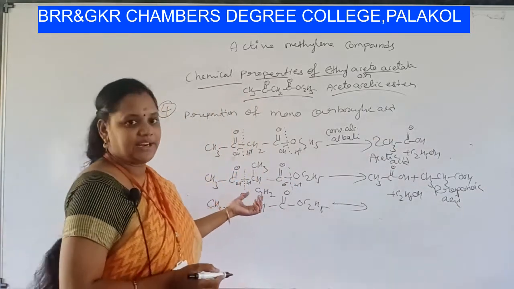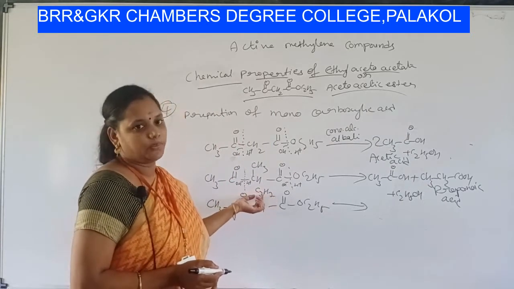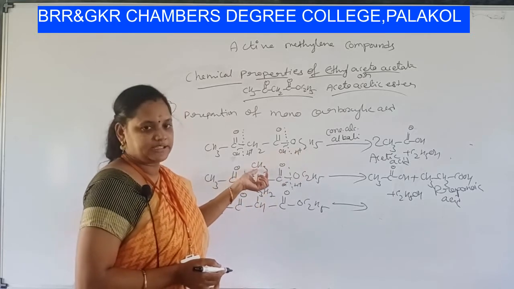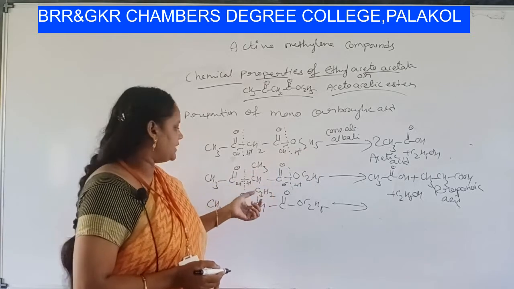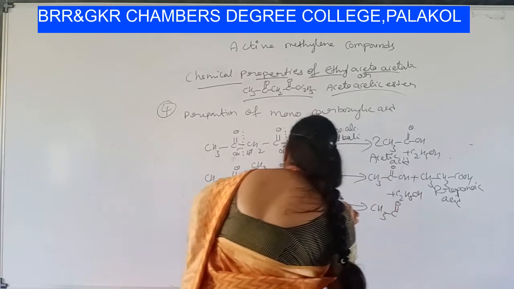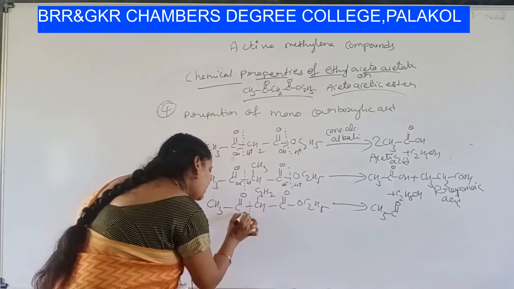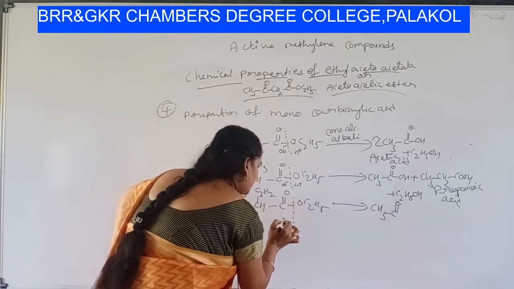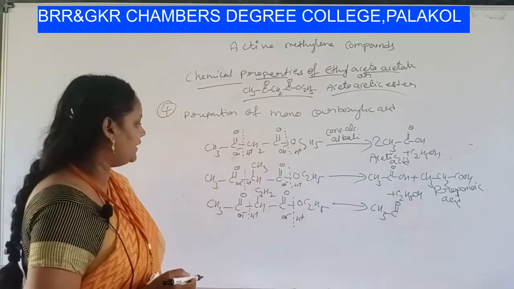For preparation of valeric acid, you have to take C3H7 in the place of R group. For preparation of propanoic acid, we have taken CH3 in the place of R group. Here in this case, we have to take C3H7 in the place of R group. You are getting CH3, C double bond O. So what happens here? The bond will get ionized here. You have to add OH minus, H plus here. Here also the bond gets ionized. You have to add OH minus and H plus here. So what will you get, students?